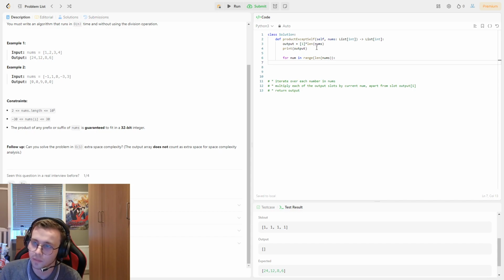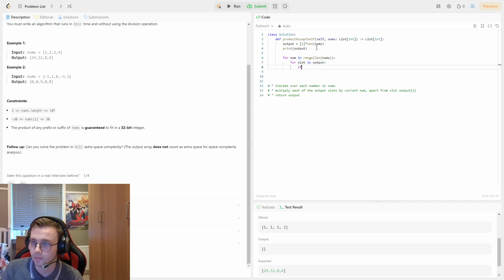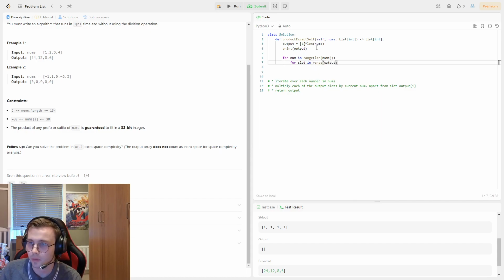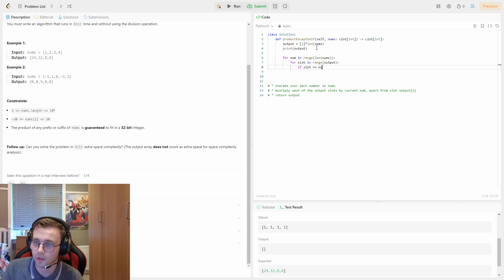So for each num in range, you're gonna loop over for slot in output. For slot in range output, if slot, which is going to be like 0, 1, 2, or 3, if slot is equal to num,